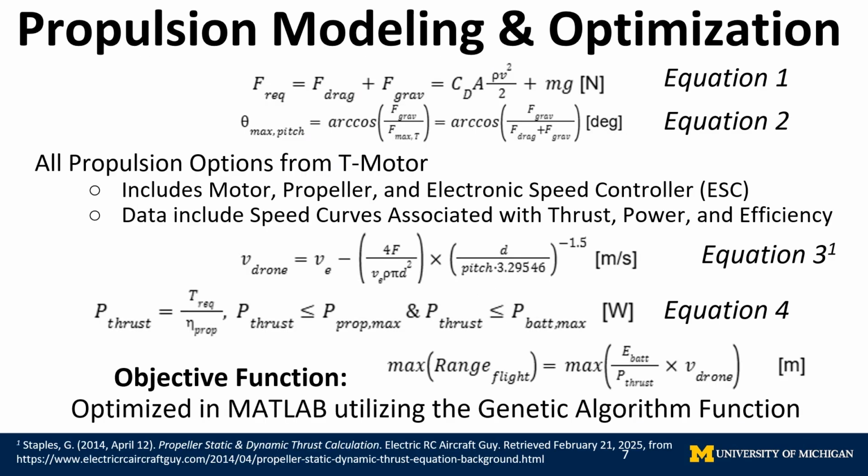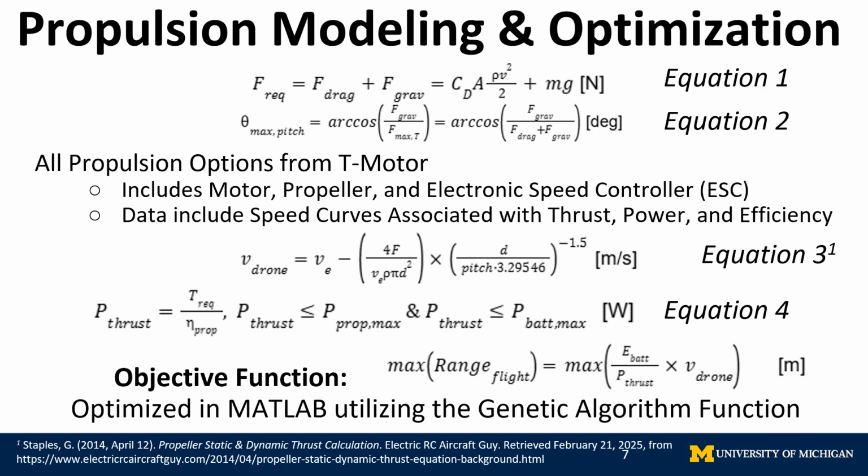Some of the equations used in deriving the dynamic power of the propulsion system are shown here. Equation 1 shows the thrust required to avoid the quadcopter changing velocity in the vertical direction. Equation 2 shows the max pitch angle that the quadcopter must fly at to zero out vertical velocity and to maximize horizontal velocity. Equation 3 shows the velocity of the quadcopter as a function of the propeller's physical properties. Equation 4 shows the mechanical efficiency relationship between the motor torque input and the mechanical thrust power output. These equations were used to govern a genetic algorithm that chose the most efficient motor and propeller combination from a